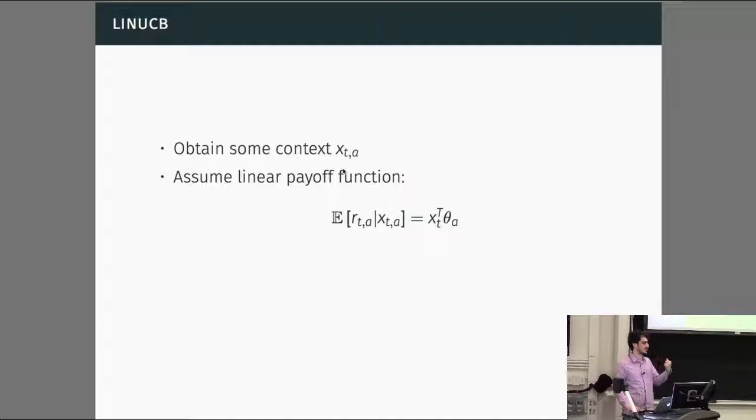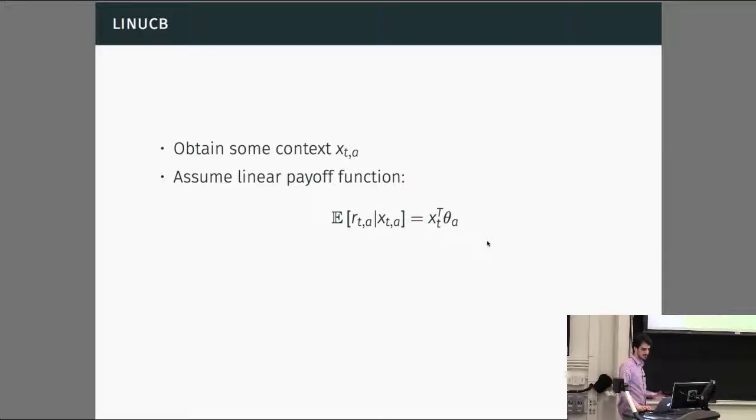So we just have some context variables for a user. This context is going to be some vector of different parameters for the student. And then we're just going to assume a linear payoff function. So we're going to assume that the mean reward for an action, given the context, is the dot product between the context and a set of features for that action. So we're assuming for each context variable, we have a coefficient for that action. And then we just take the dot product of those coefficients with the context variables, and that gives us the mean reward for that action. So we're assuming this linear payoff function. This is an assumption, but it might hold well in practice.